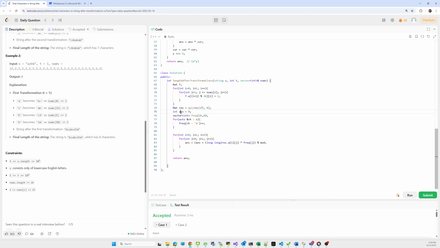After that we'll create one answer. Here we are calculating the frequency of each character. For counting and storing the frequency, we'll take one frequency array. After that we have to iterate over each character, a to z. For each character we check the corresponding column in the resultant matrix.